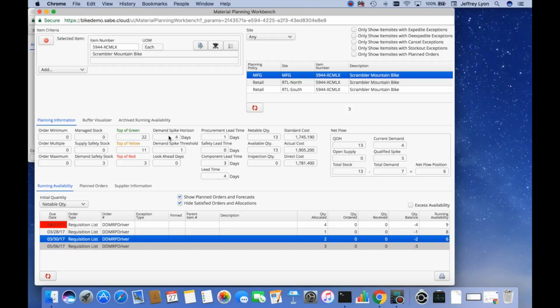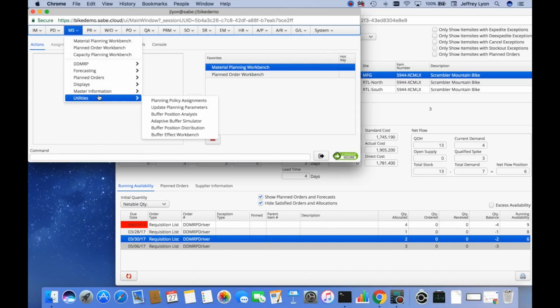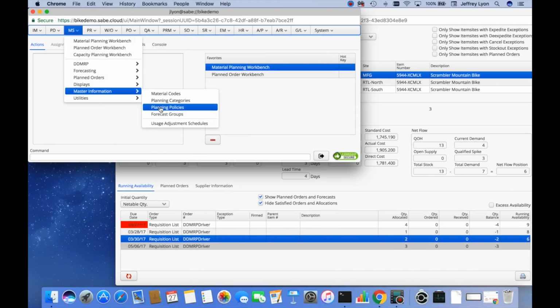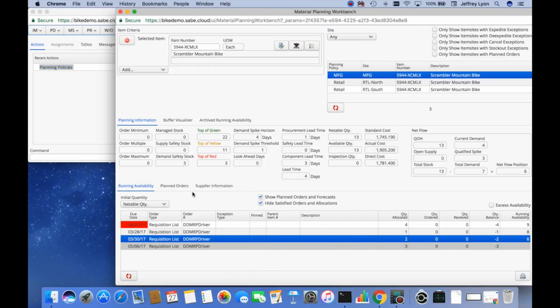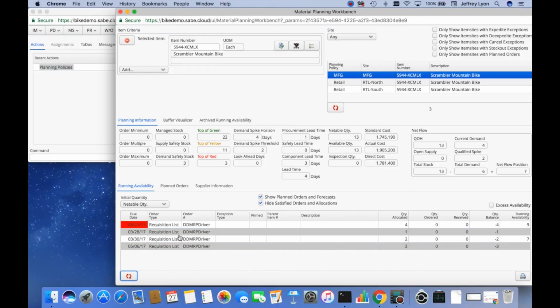So to see that at work, what I can do is I can change the definition of demand spike threshold so that it is greater than the demand quantity of this demand right here. This requisition list is demanding 1. The demand spike threshold is 1, so it's met. So if I come into here, into planning policies, and this is the MFG planning policy, you can see my demand spike threshold 16% of the red zone, which is probably less than 1, but of course we roll up. So if I change that to 54%, save it, and refresh this screen,